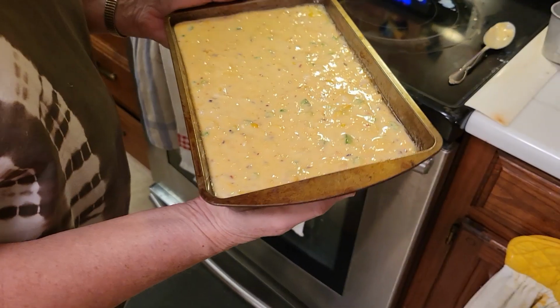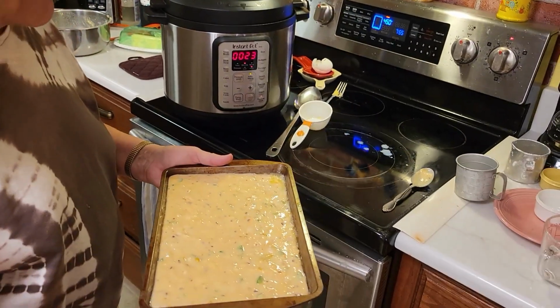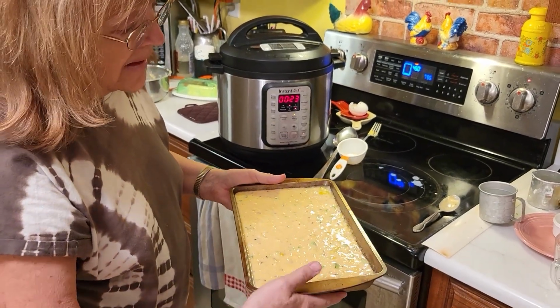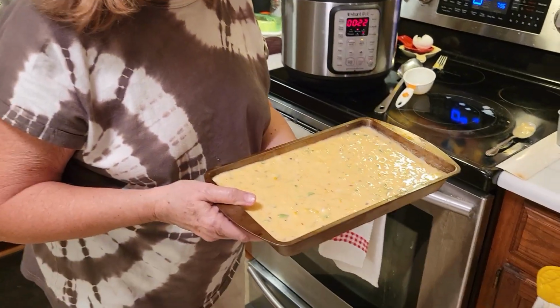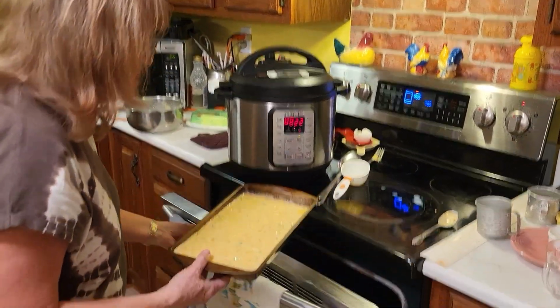Now this is something my mom always did before she put bread in the oven. She would always, or cake, she would pat it on the bottom. Now you don't have to do that. She did that all the time, so I just do it too. I think mainly in cakes and stuff, it brings the bubbles up out of it. So we're going to put this in the oven